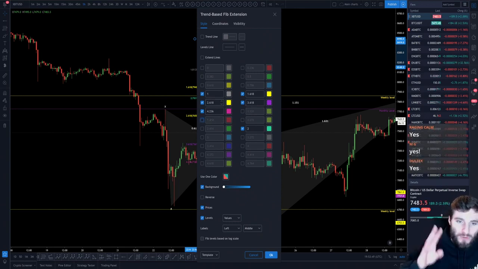So generally, if you're just using this tool alone with no other theory, you're really only going to be concentrating on the 1, the 1.618, the 2, and the 2.618. It's very rare that you go above the 2.618, although possible, obviously. So mainly you're going to be focused on these 4 numbers if you have no knowledge of any other tools thus far.